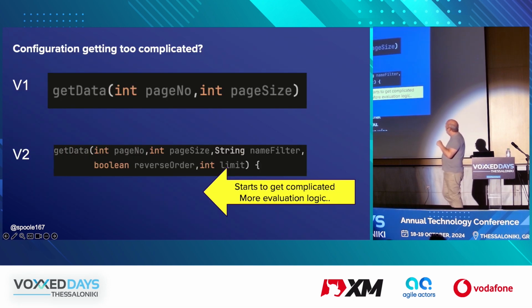Now, the other one you see is method signatures getting stupidly long. So you might have a get page: what's the page number, how many do I want on the page? And then somebody says, well, I want to put some code in. I want some filters. I want to put it in reverse order. I want to limit stuff. And so suddenly your get data method gets longer. Of course, version 2 doesn't look like that. Version 1 looks like that. Version 2 is a new method because you know you can't change that one. So now you end up with a whole string of methods that get created as you keep changing them. And they keep having different sets of parameters, and then you have to validate whether that set of parameters is okay.